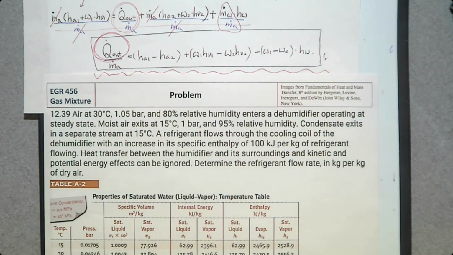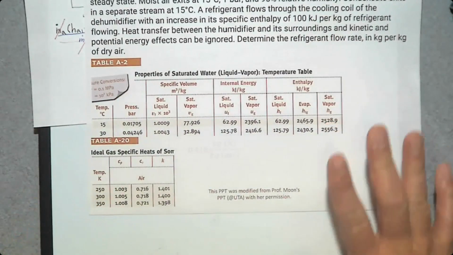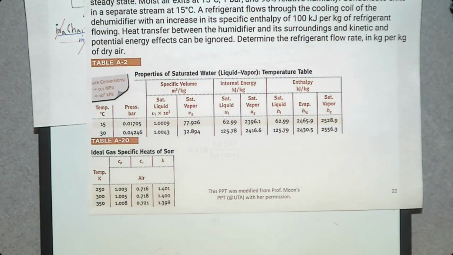We know the temperatures of the air at the inlet, we know the temperatures of the air at the exit. So we can use specific heat to determine HA1 minus HA2. Then what about this,